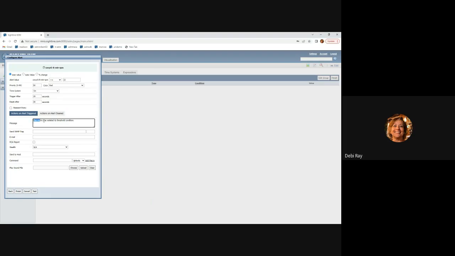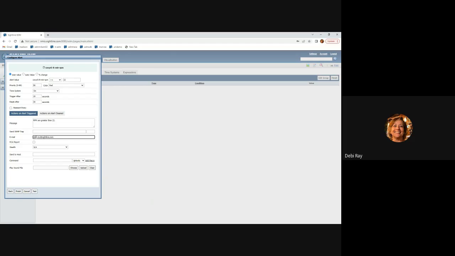The first thing is I can configure a message. So, the most straightforward one is just that RPMs are greater than 22. But you can put a whole paragraph in here if you wanted to. Check the conveyor speed, instructions to operators, whatever you want to include here. Now, why are we putting a message here? Because if we send an email,